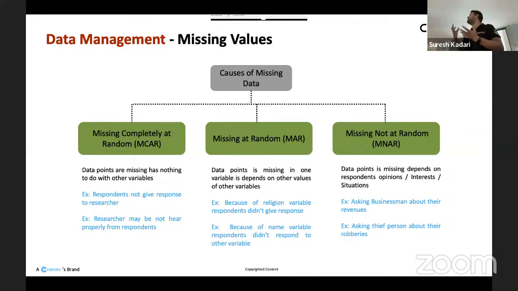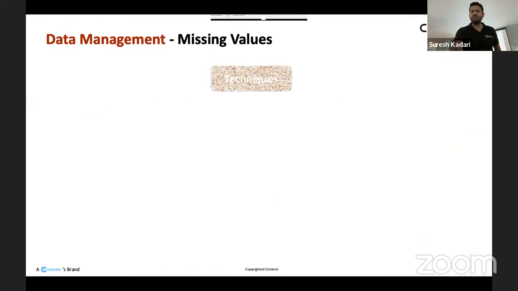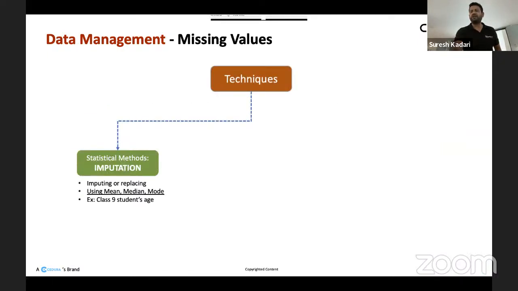This is where I always say that you are required in the analysis. Machines can't look at that, right? But we can analyze the data. But to analyze the data like that, you need domain knowledge. That's why always get domain knowledge. Suppose you are getting a retail or real estate business, then you know how real estate works, how the retail industry works. Clear? Then we understood that these are the causes. Then what are the techniques there to